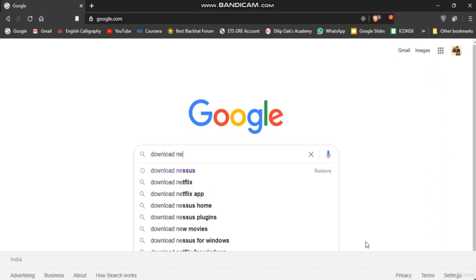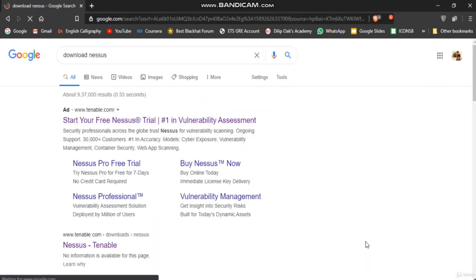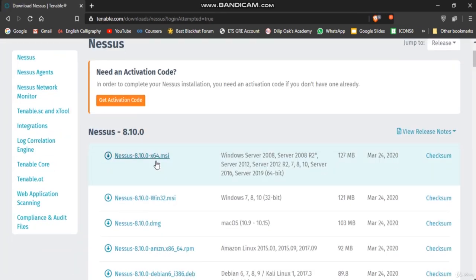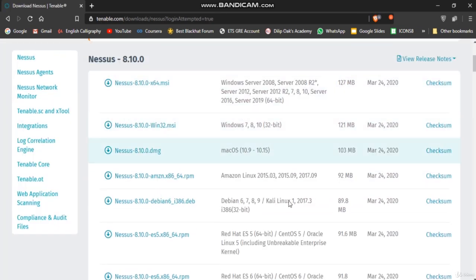If you see this site, www.tenable.com, download Nessus, you have to click here. And if you scroll down, you can see the versions of Nessus. This one is the MSI for Windows Server, Windows 10 64-bit, so I've been using this, and it's the latest,